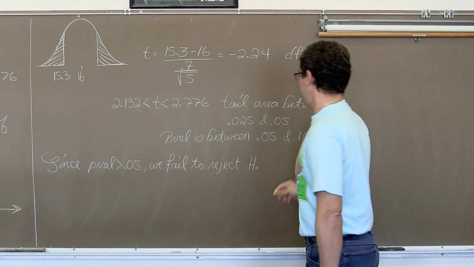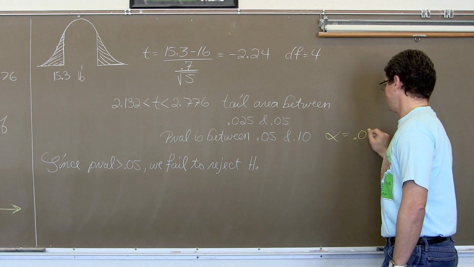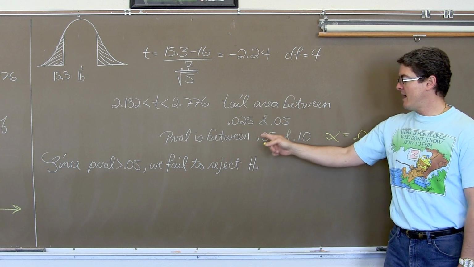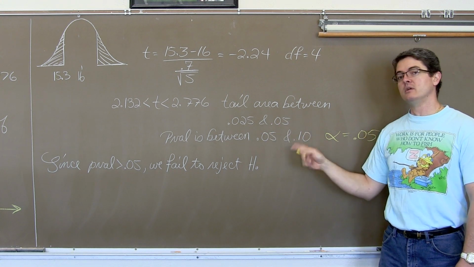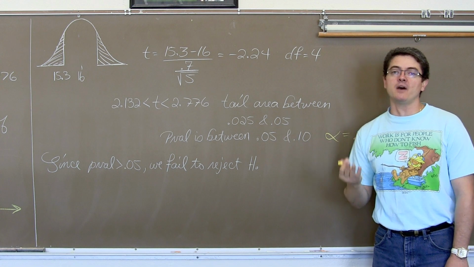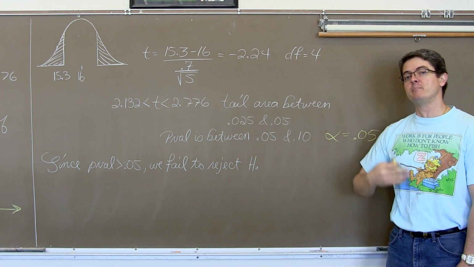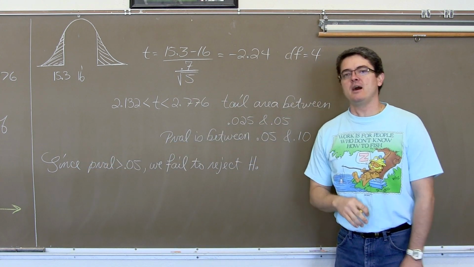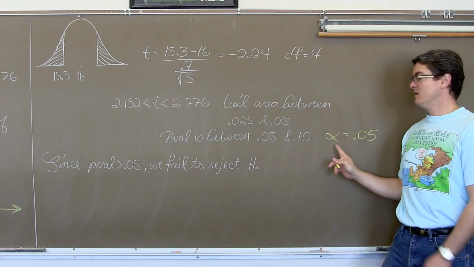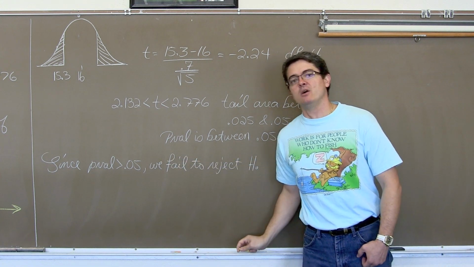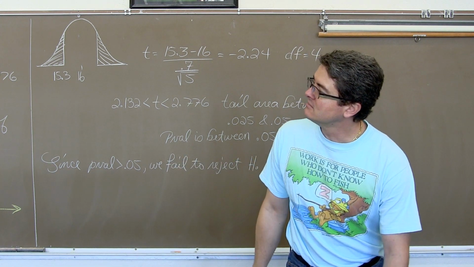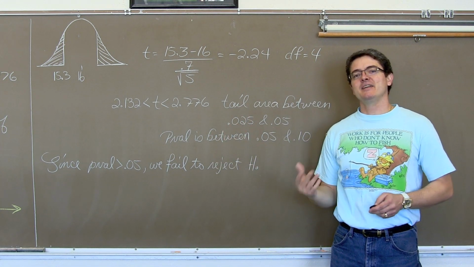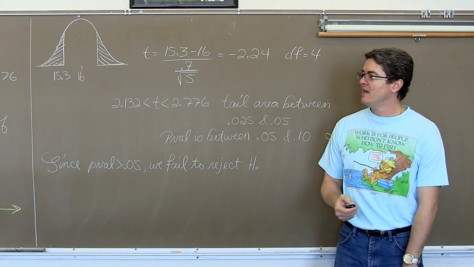Well, let's not forget my level of significance was predefined at 5%, and my total tail area between the two is between 5 and 10%, implying that my p-value is above 5%. So, since my p-value is greater than 0.05, the given level of significance, we fail to reject H sub O, and well, that's it. That's the relationship between a two-sided test and a confidence interval using a t-score test as an example.